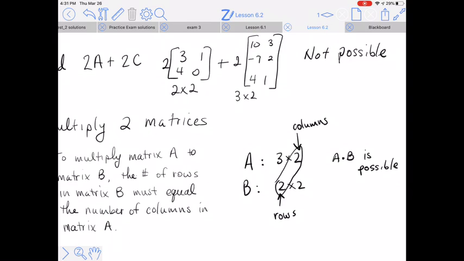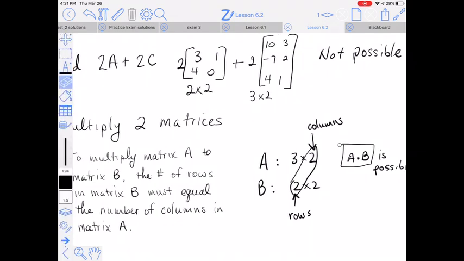Now, a couple of things to keep in mind. Matrix multiplication is a little bit different than traditional multiplication of numbers, where it's called the commutative property. 3 times 2 is the same as 2 times 3. They're both 6. That's called the commutative property. That does not apply to matrix multiplication. This A times B is not the same as B times A. You can't commute multiplication when we're dealing with matrices. And case in point, with this example here,